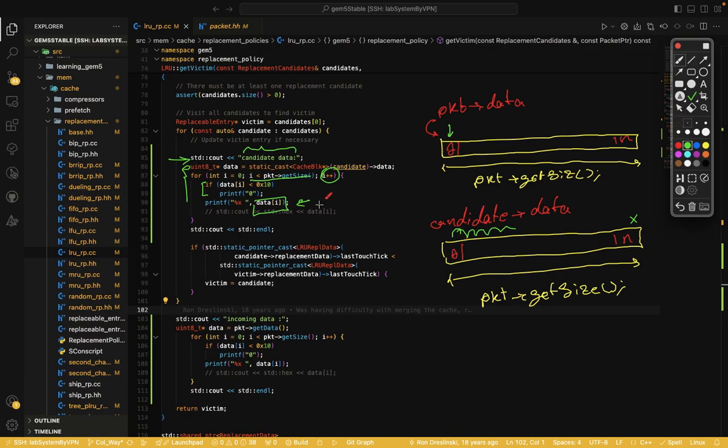Okay, but in this part, if the index I of data is less than 0x10, because if we want to print the value of 0 to f, they just need one character.